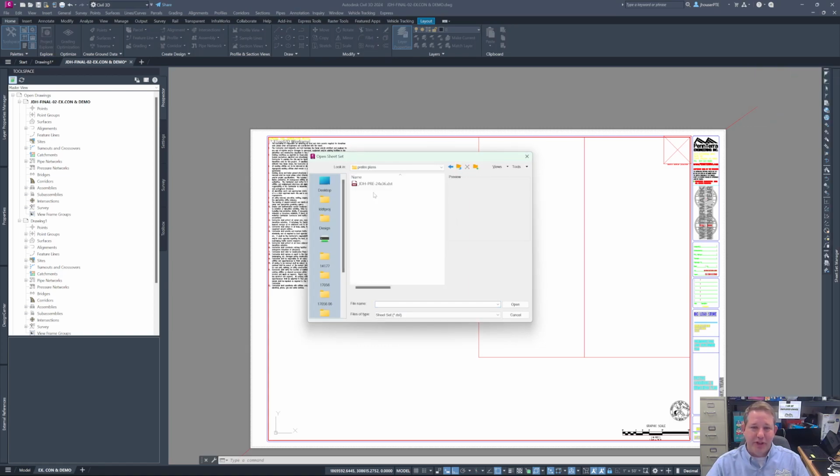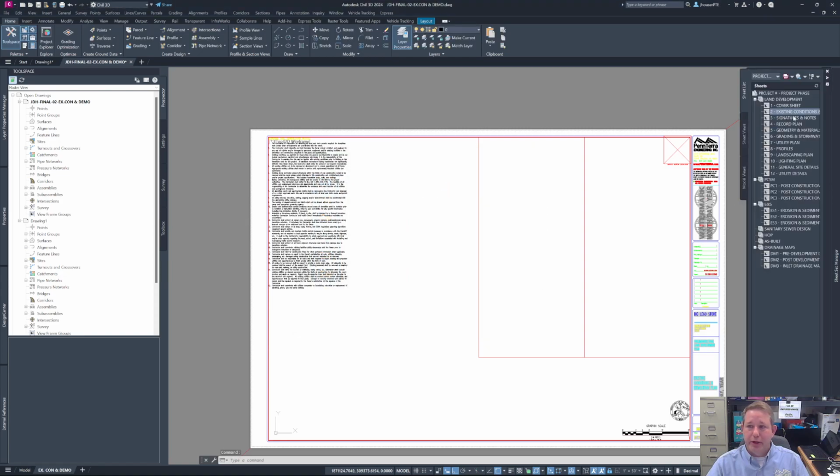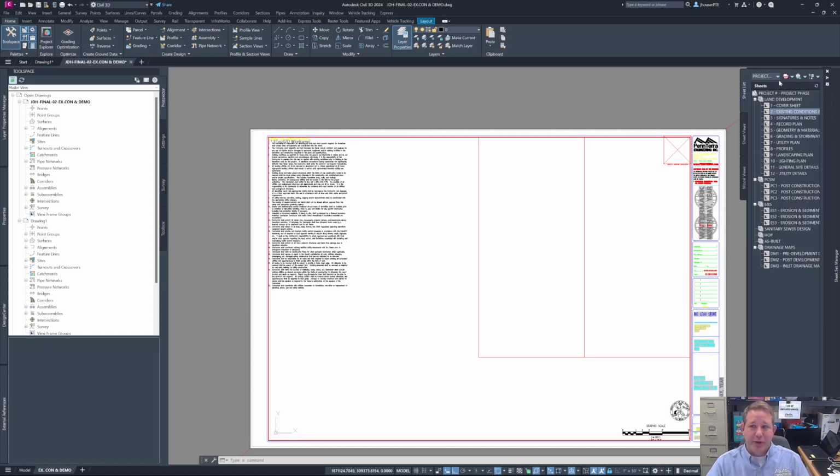So right now, if I go into here and I open up the pre, it doesn't really tell you what it is because it's all copying the default. But if I go back up here and I say, okay, I want the final. So it's very important to make sure you rename your sheet set as soon as you create it. That will help eliminate some of the issues, but just keep an eye on that